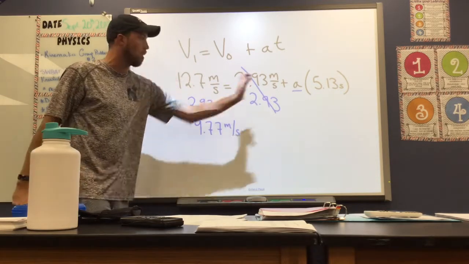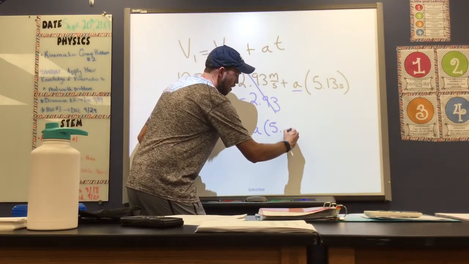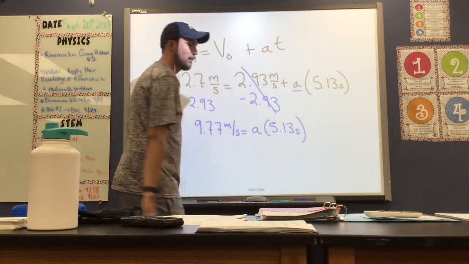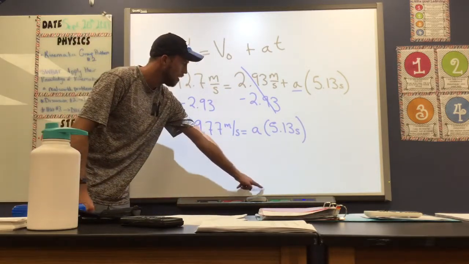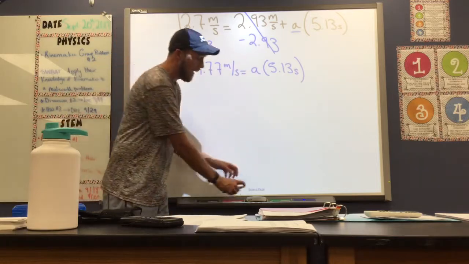And that's going to be equal to whatever's left on the right-hand side of my equation. My acceleration times 5.13 seconds. Once I'm here, now my equation looks a little bit more simplified and easier to solve for my value, A,